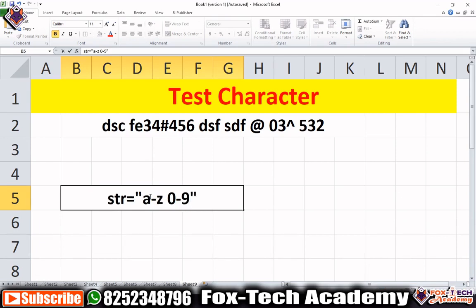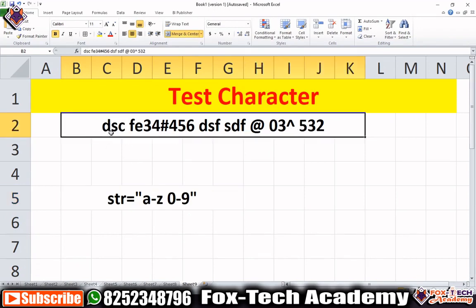We will put all these characters in this string, and we will start one loop and take each and every character of the input string. We will check if this character is available in this string, which means it is a valid character. Otherwise, if this character is not in this string, we will say that it is not a valid character. So in this case we will increment the count, right?